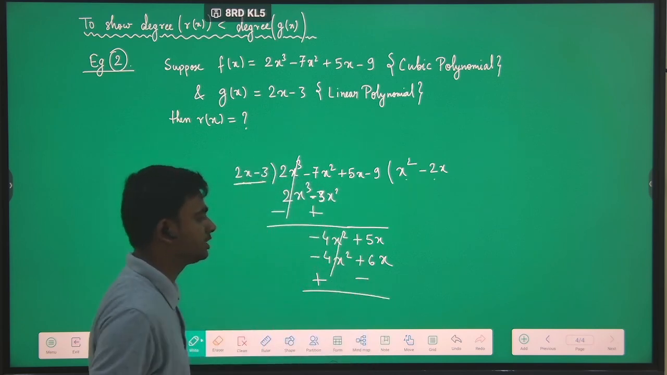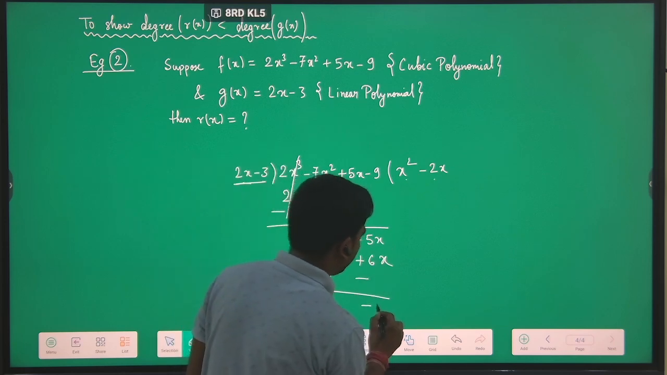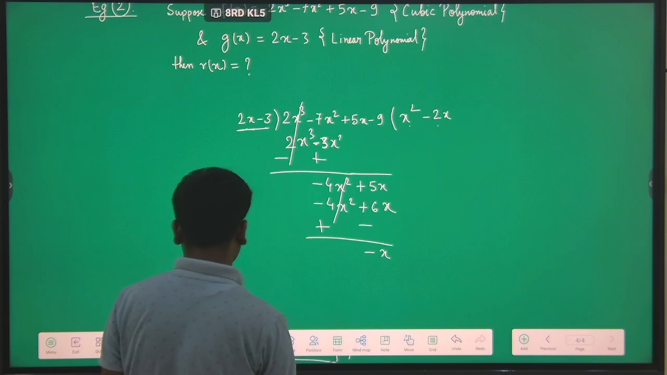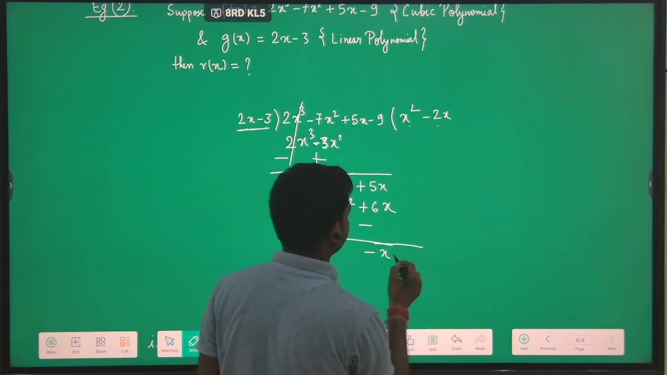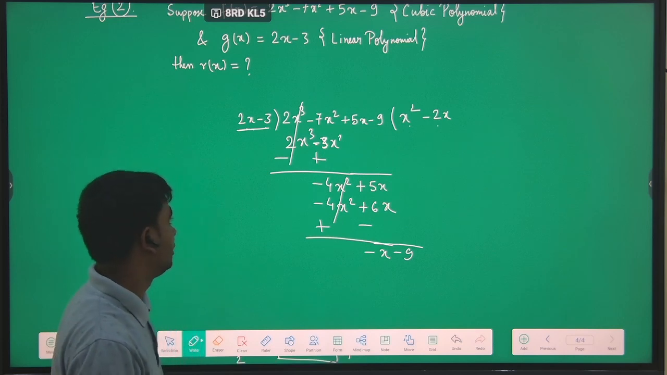On subtracting, what will we get? The 4x² and 4x² will be cancelled. And here it will be −x. So what we got is −x, and the remaining part is −9. So we have got −x − 9. Now,